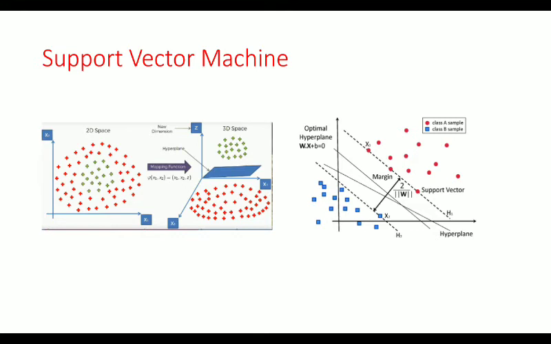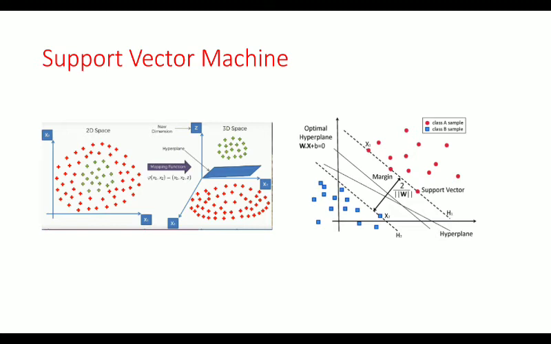And one more thing I need to discuss: if it is linear and the hyperplane is passing through the origin, definitely there exist an infinite number of such lines. So among all of them, which one is correct? The one with the greater margin is the one we consider.